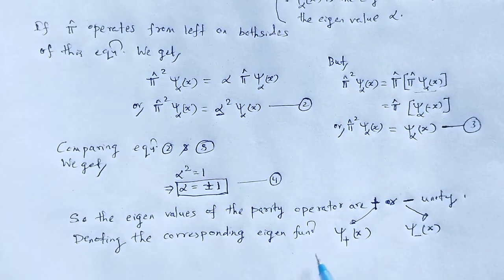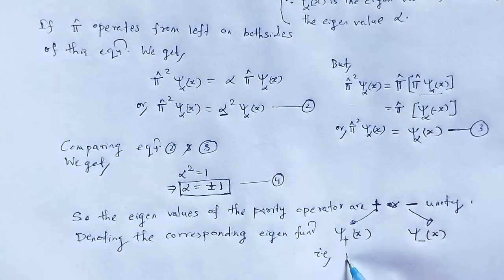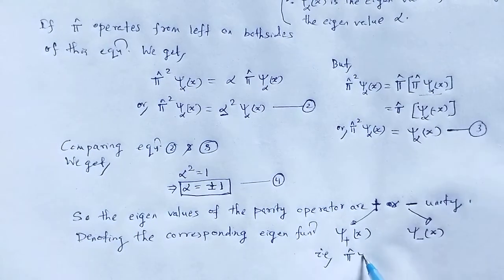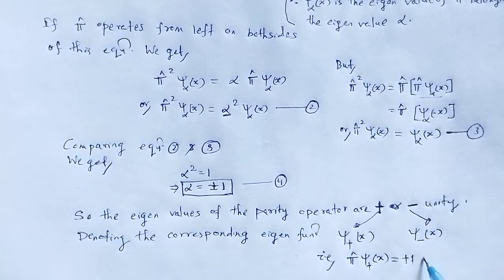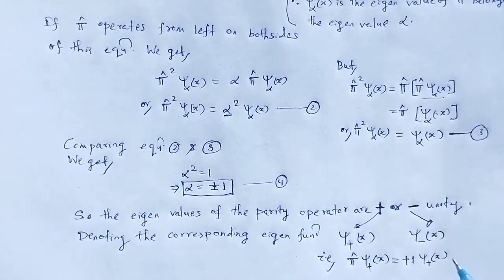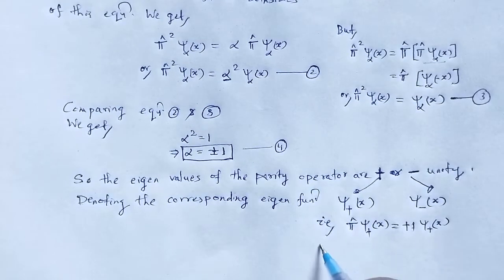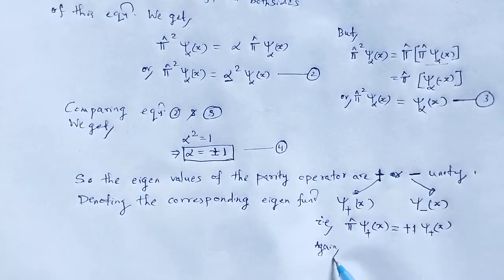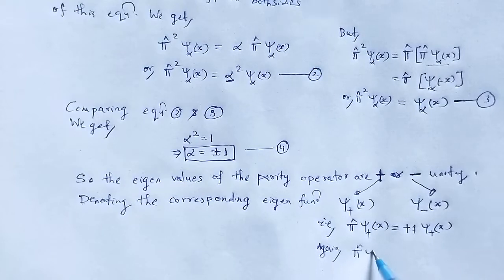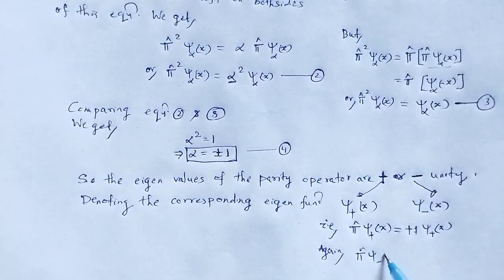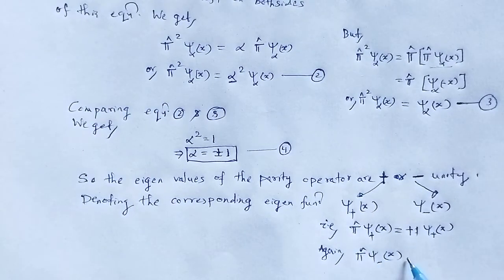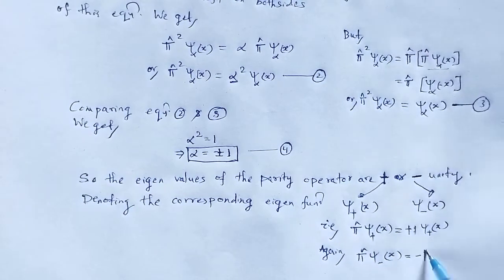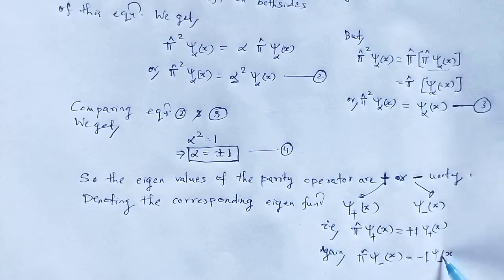That is, when the parity operator operates over psi plus of x, it gives rise to plus 1 psi plus of x. Again, when the parity operator operates over psi minus of x, it gives rise to minus 1 psi minus of x,